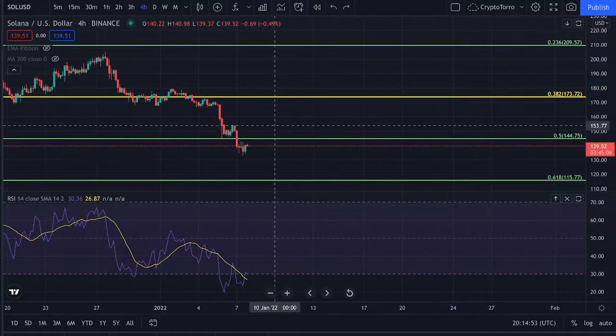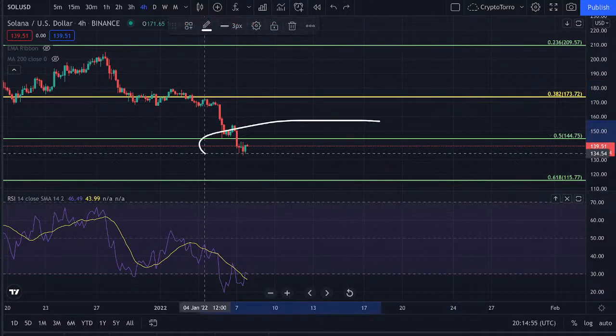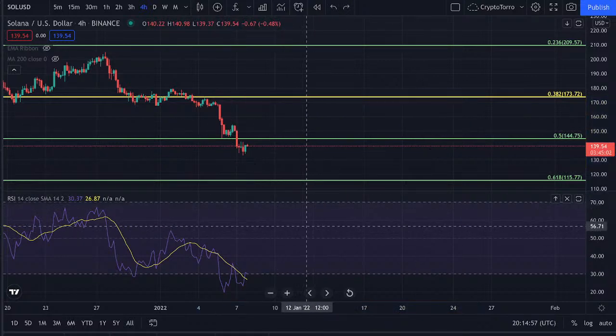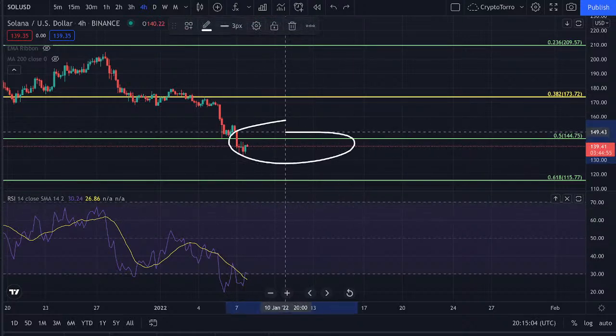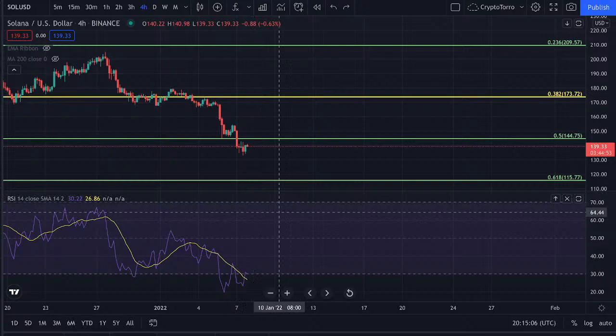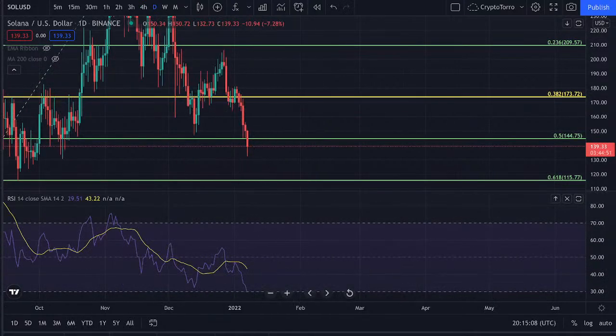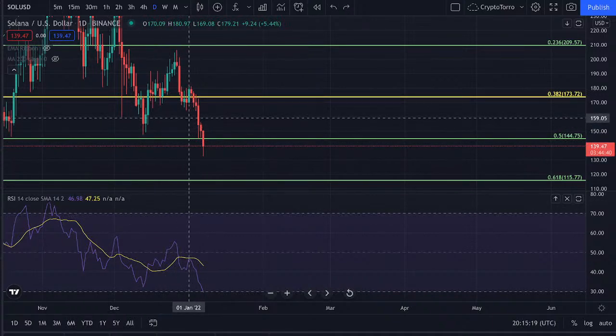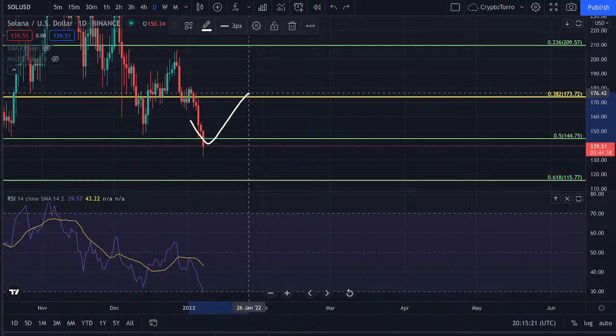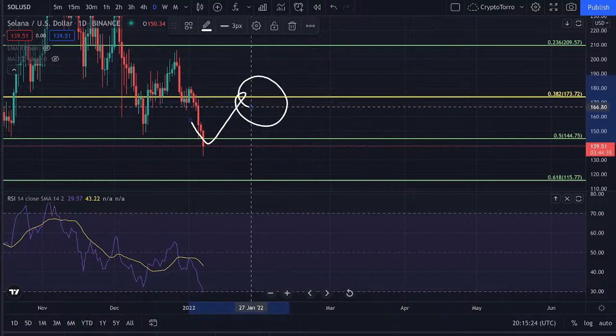So for the upcoming weekend, I personally think that this range where we are currently trading will be the range to monitor closely and to take into consideration as a support and resistance area right now. If we head towards the daily time frame, it does actually look very good as well. We are breaking down below the dotted line. Therefore, I'm for sure even more convinced that we are going to be able to hold strong where we are currently trading, and that we are going to see momentum towards the upside, perhaps getting rejected below the 0.382